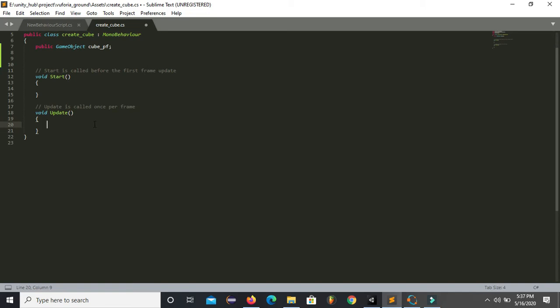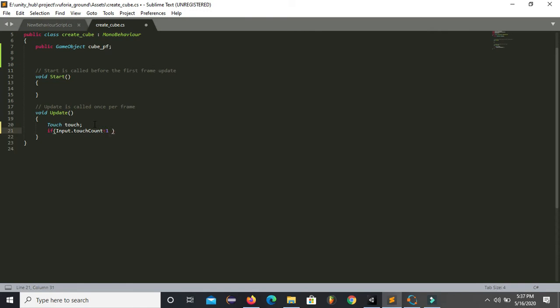And whenever we tap on the screen, a cube will be instantiated. So for that I am declaring this touch variable. And in this if condition, we will detect whether the touch count is less than 1,